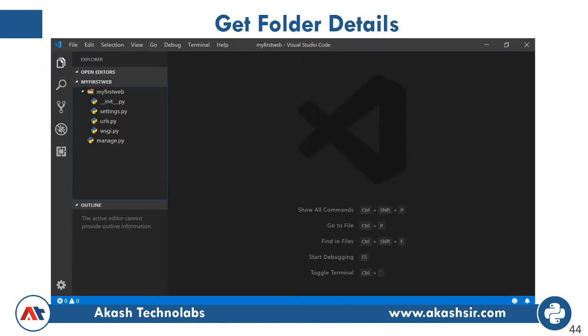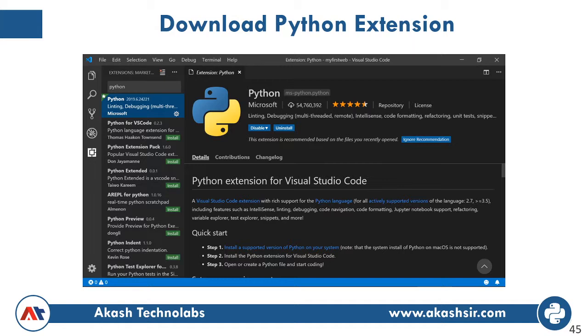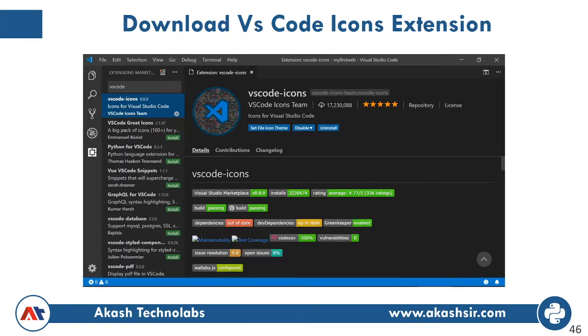Now you can see manage.py is there, the wsgi file is there. You can also download various extensions for Python. Right now I'm using the Python extension and Django extension in my VS Code. I love the vscode-icons extension, which is my favorite extension for VS Code. You can also go for this extension.